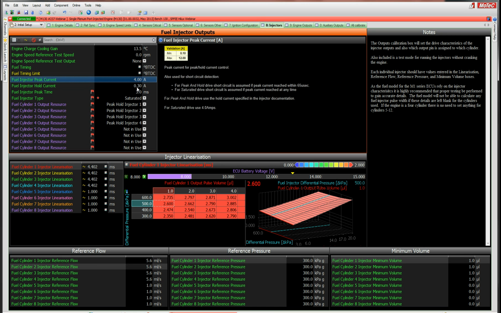So these three settings here, and also the injector type, realistically, if you have an injector tested by us, we will provide you these numbers. So realistically they should be set per injector. Okay,